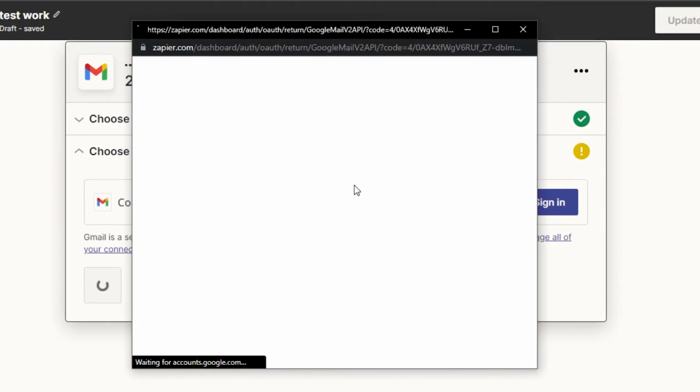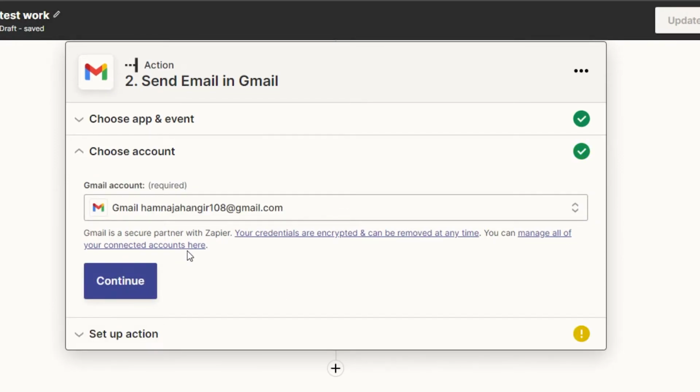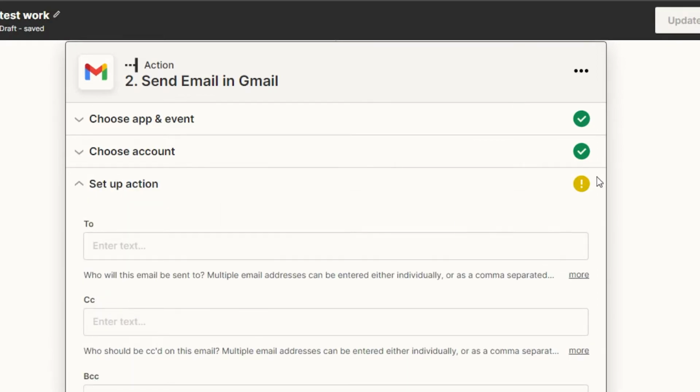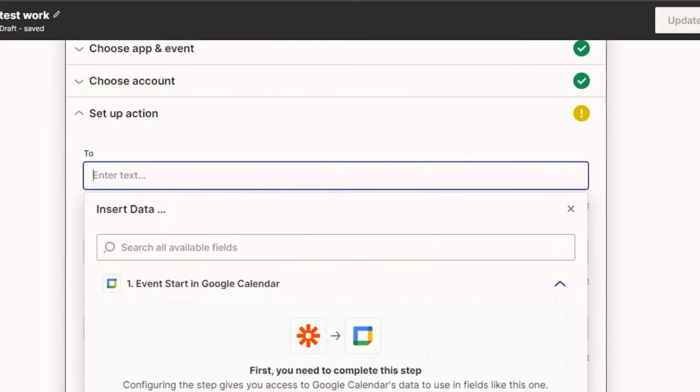Give permission to Zapier to connect to your email, and that's it. You can see it just happens within seconds. I have connected my Gmail and I will click on continue. Now, to where I want to send this email, I can go ahead and add an email list,